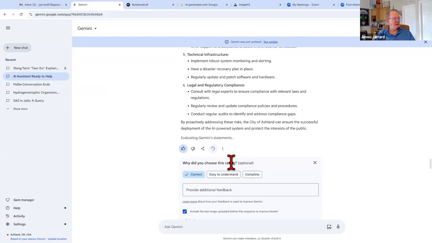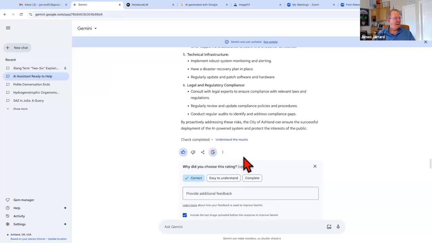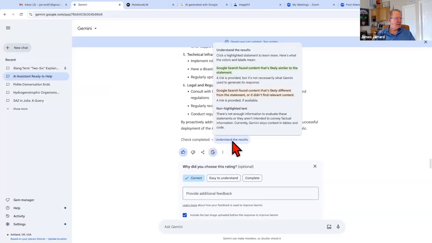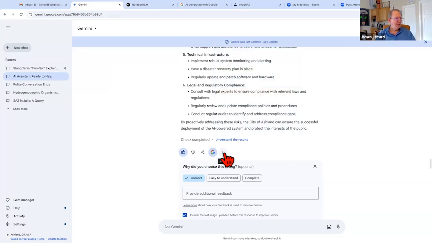It's evaluating Gemini statements and understanding the results. It would take me a second to understand that. Here's legal, but let's go here.